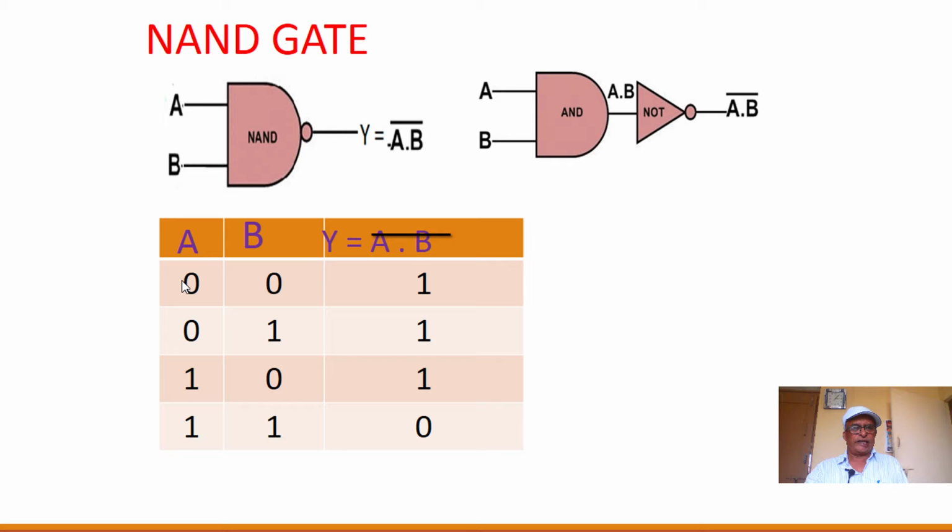So in this case, if we consider the first three cases, that is A, B both 0, A 0 and B 1, A 1 and B 0, in all the first three cases the product is 0 but its complement is 1. So 1 is the output for the first three cases. Now in the last case, A and B both inputs are 1. So 1 into 1, product is 1, and if we take its complement, it is 0. So this is how we define the NAND gate: a gate of which the output is 0 if all of its inputs are 1.